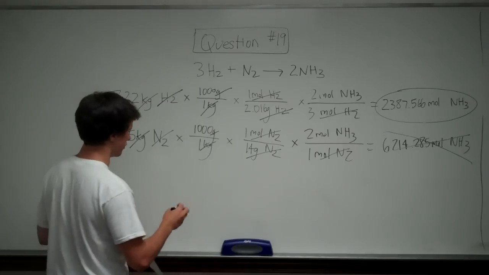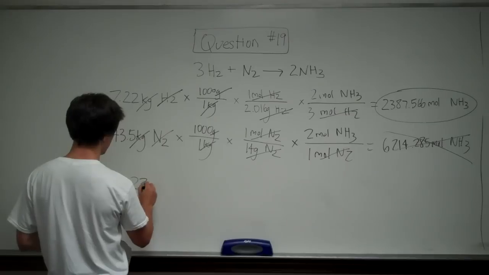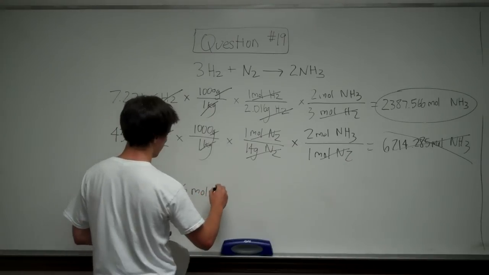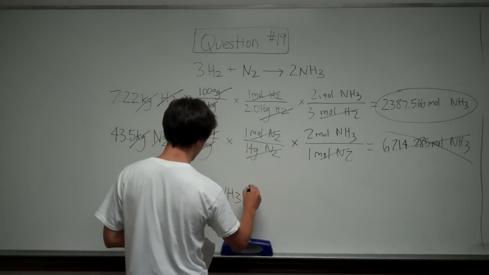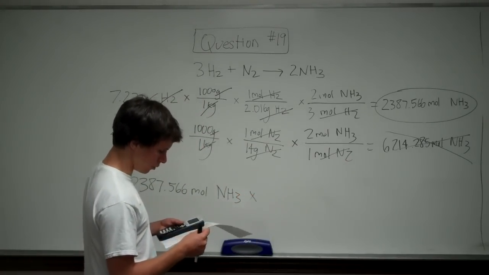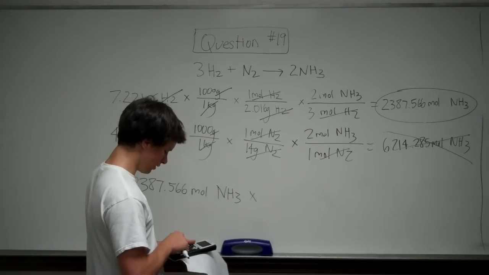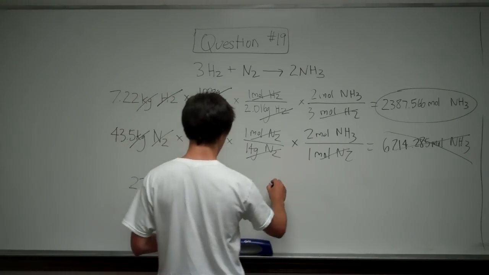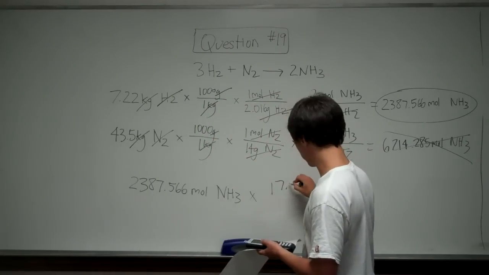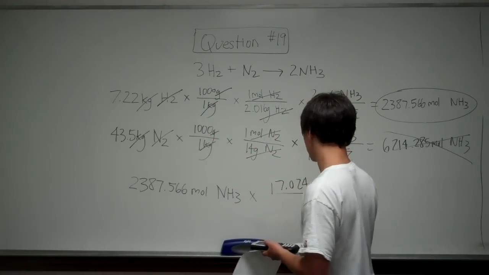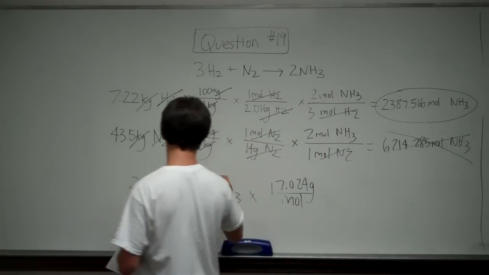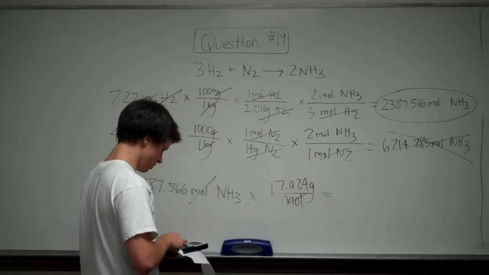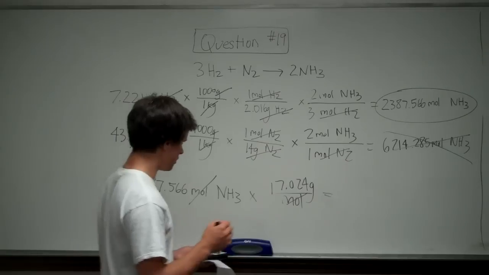So the last thing to do is to convert that to mass. So we have 2,387.566 moles of NH3 times the molar mass, which you can get from your periodic table: 14 plus 1 times 3, so it's 17.024 grams per mole. So the moles cancel out, and 2,387.566 times that is